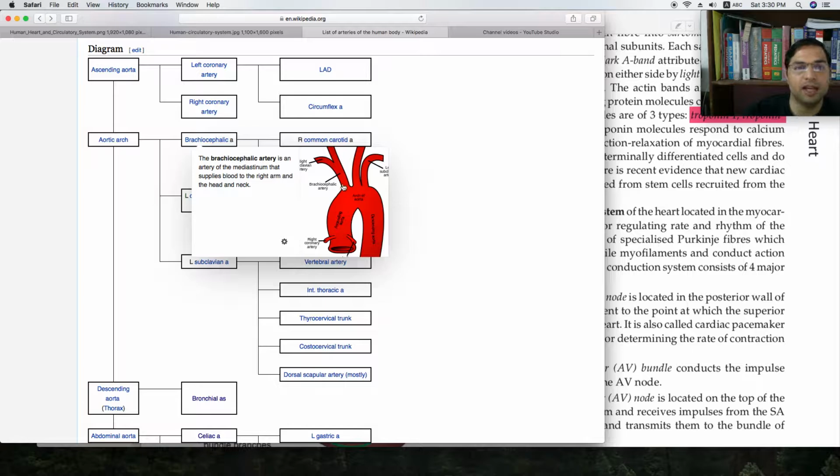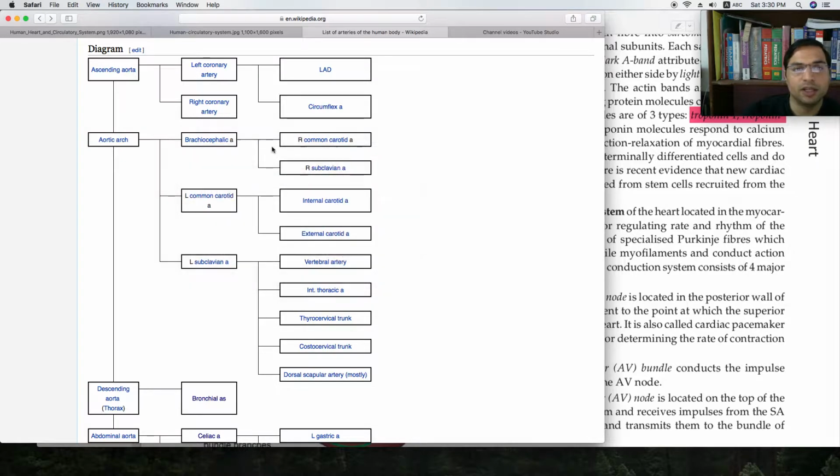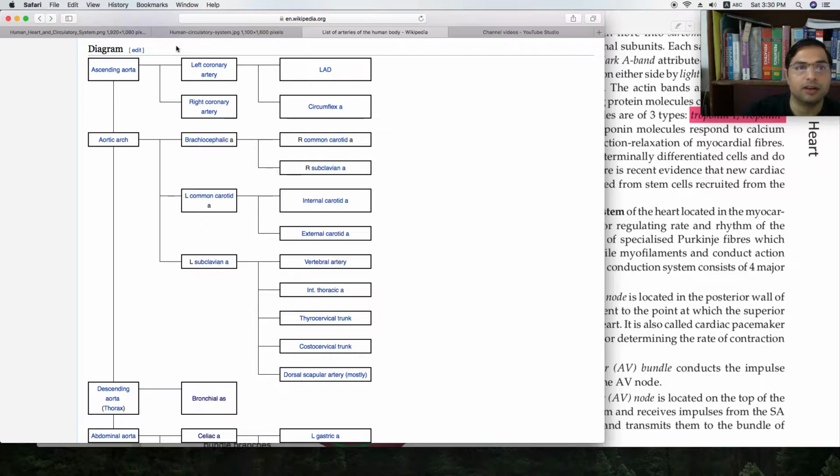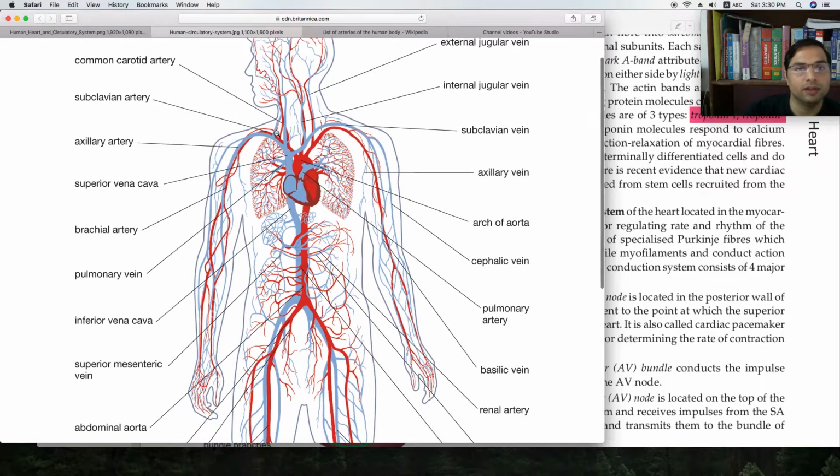So this brachial artery again divides into two and gives the right common carotid artery and the right subclavian artery, right? So right subclavian artery and right common carotid artery. Now let us have a look here. So see, this is the first branch, right? The first branch is the brachiocephalic artery. The brachiocephalic artery is giving the branch, further it is dividing into two.